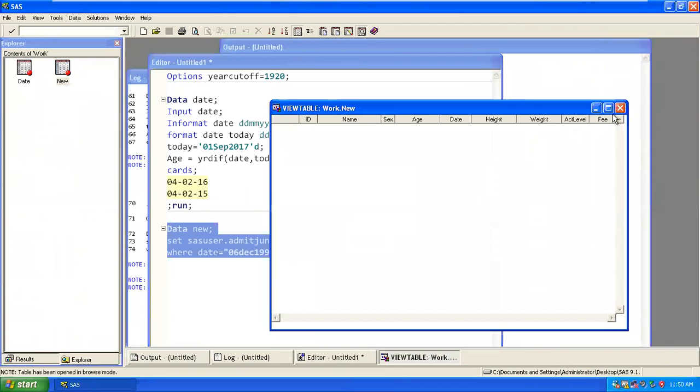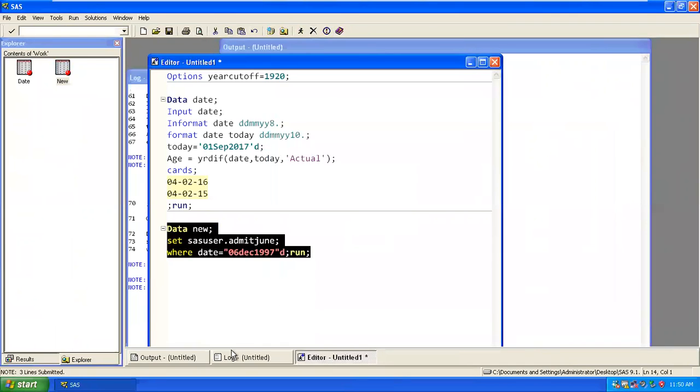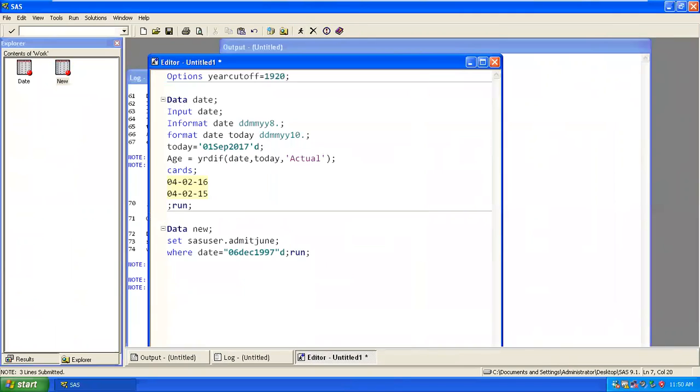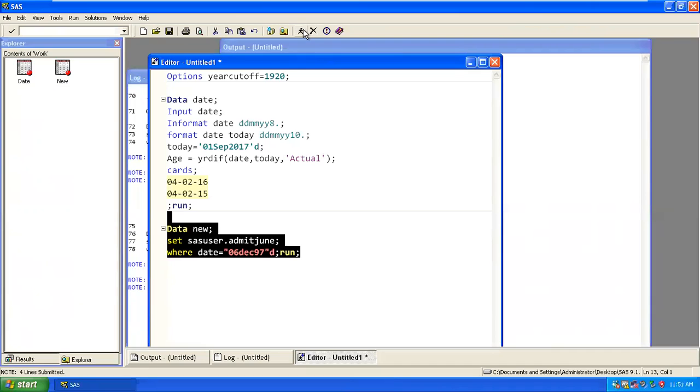Now there is a problem with the data. Let's see. So zero observation. There is no D. Ideally, I think there is a problem with the format.